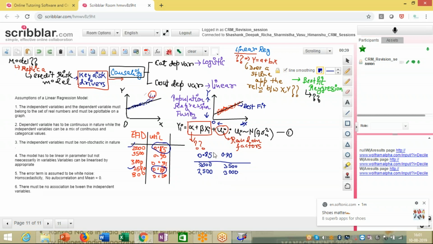So now what you can see is that given a value x of the independent variable, there is a distribution of the y values. So the y that I will finally calculate over here would be nothing but the expected value of y, or expected value of EAD